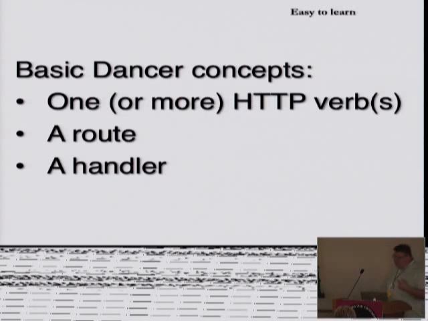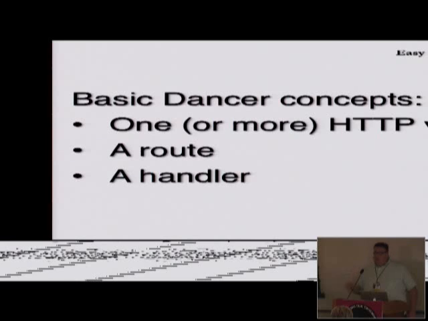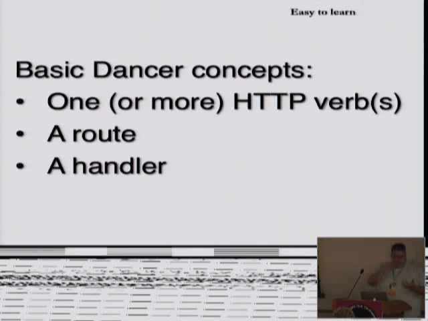First of all, Dancr builds routes, and the way that it builds routes is that it contains one or more HTTP verbs. It has a route specification, and that could be as simple as a literal string, like I want you to match on /hello, and that is actually a route definition. And it has a handler, which is an anonymous subroutine. So it's pretty straightforward. Really what you're saying is I want you to match this verb on this particular URL specification, and then when you get that combination, I want you to execute some subroutine I'm going to pass into you.